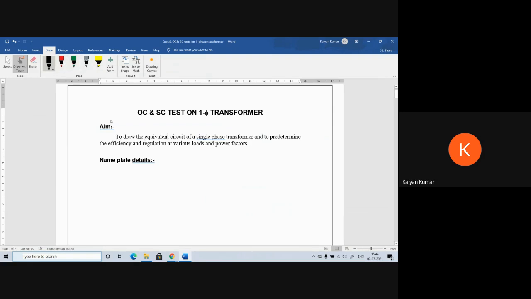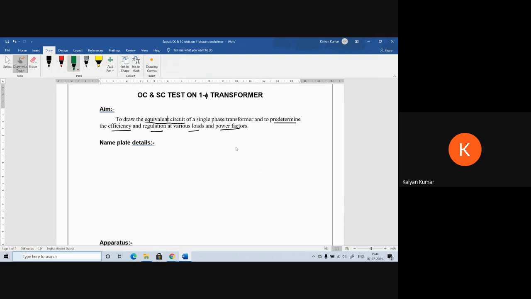The tests are going to be conducted to draw the equivalent circuit of a single phase transformer and to predetermine its efficiency and regulation at various loads and power factors that we are going to see in today's lab experiment. Now, coming to the nameplate details, the single phase transformer that we are using in the lab